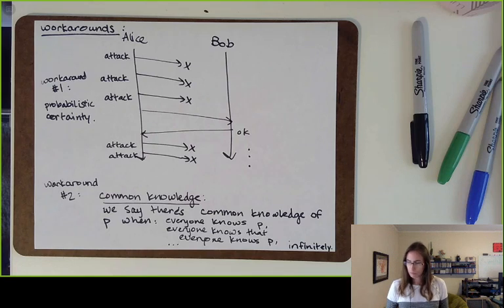But under TCP, if Alice has to send a message to Bob, she can keep sending it until she gets an ACK from Bob, right? And then she's done. So TCP allows the sender of a message to have certainty that the message was received. But it still doesn't allow us to get that common knowledge that would be needed to solve this problem.